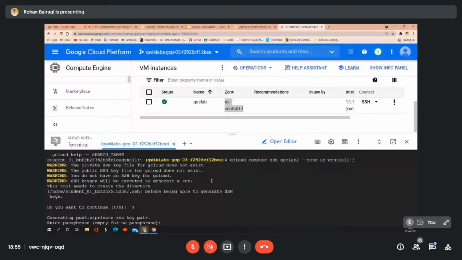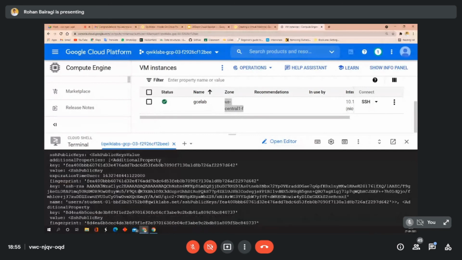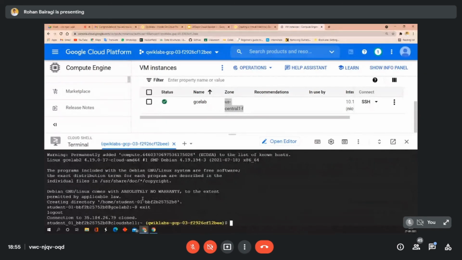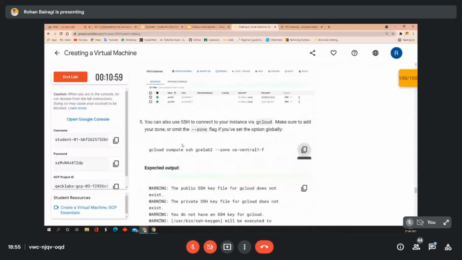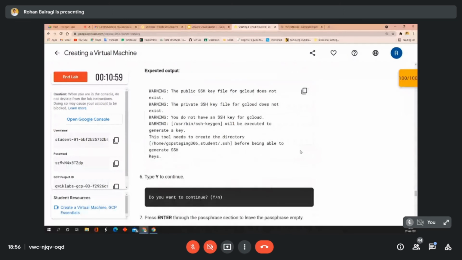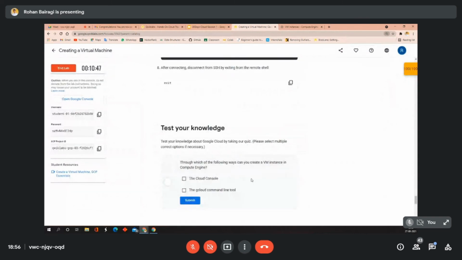Because in most of the cases, what we do is we enter the wrong command, and in your scenario, the Google Cloud crashed. That means there is some technical glitch. You can repeat the steps, and you will get it. Just do whatever is written in there, the same as it is, and you will get your score. See, it was showing an error on my screen also, but I have got my marks, 100 out of 100. That means this lab is complete.